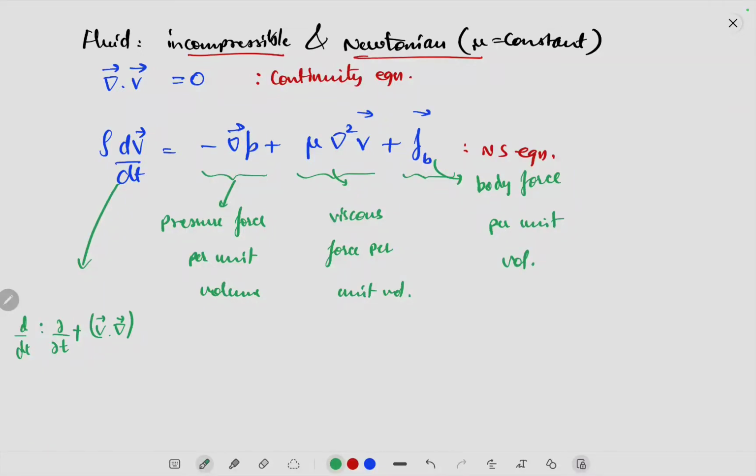In the previous lectures, using differential analysis, we derived the continuity equation given by this equation. So the vector form of that equation was divergence of V equal to 0, and we also derived the vector form of the Navier-Stokes equation for incompressible and Newtonian fluid. Okay, so we derived this equation,